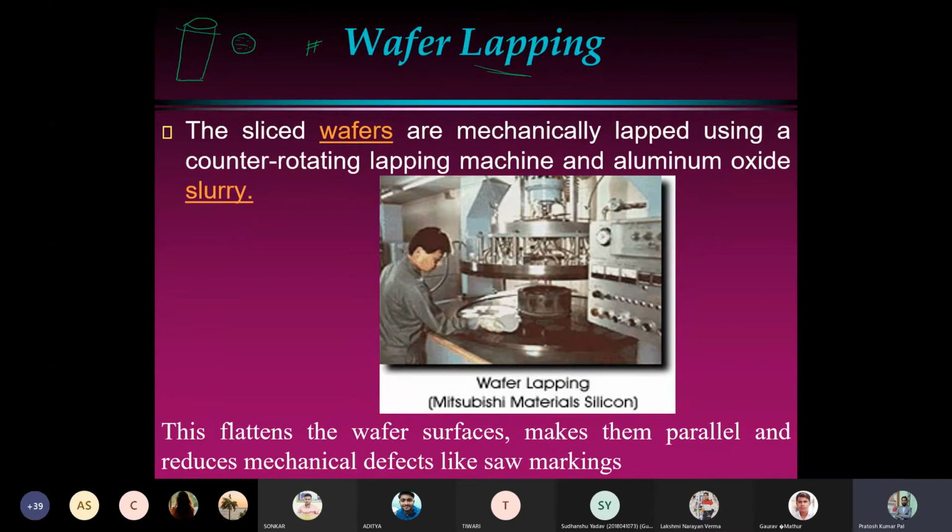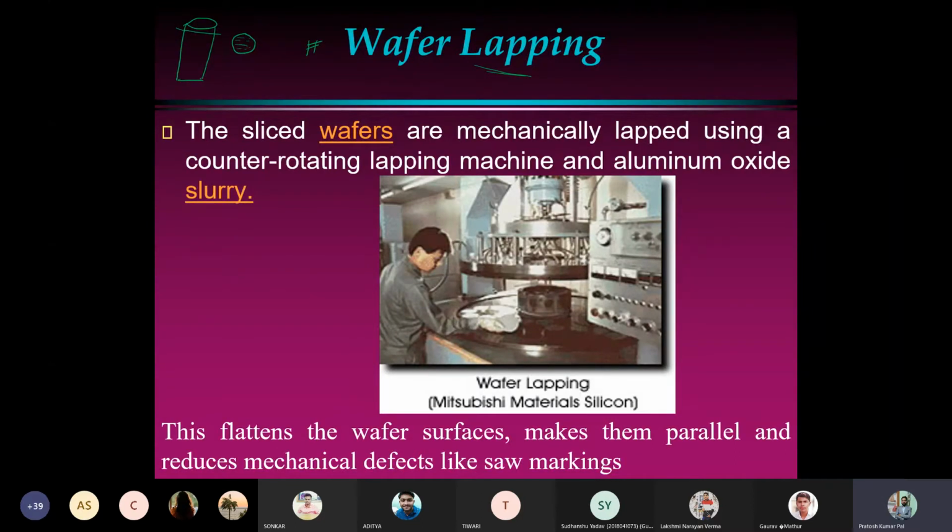So mechanically lapped means there will be some mechanical process, we will be lapping it, like उसको हम घिसेंगे. ठीक है, like होता क्या है, कभी हम फ्लोर जब बनता है, होम्स में हम फ्लोर बनाते हैं, तो फ्लोर में अगर हम अनइवन फ्लोर्स बन गए तो हम उसको घीसते हैं, एक मशीन आती है उससे. ठीक है, तो सेम ऐसे ही उसको हम लैपिंग प्रोसेस बोलते हैं.